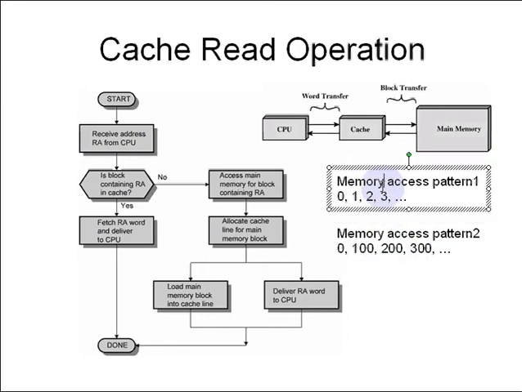Now let us see what will happen in case of pattern 1. We try to access memory address 0, and let's say address 0 is not present in the cache memory, so we have to go to the main memory to read address 0. When we go to the main memory, two things will happen. First, we will copy the whole block from main memory to cache memory. So memory addresses 0 up to 15, all the 16 bytes, will be copied from main memory to the cache memory, and also the value stored in address 0 will be sent to the CPU.